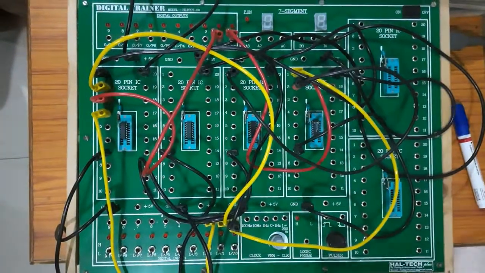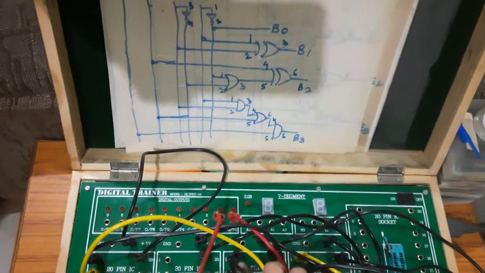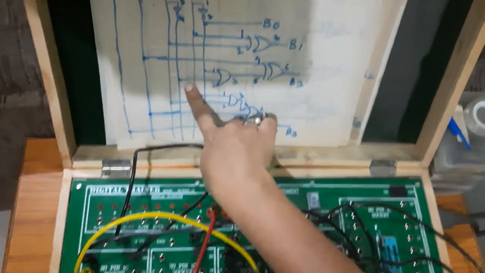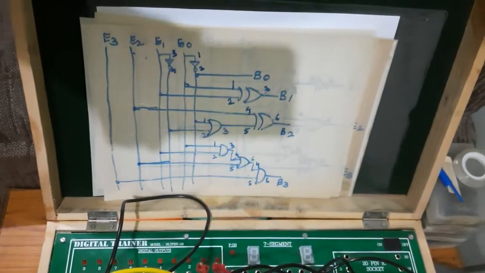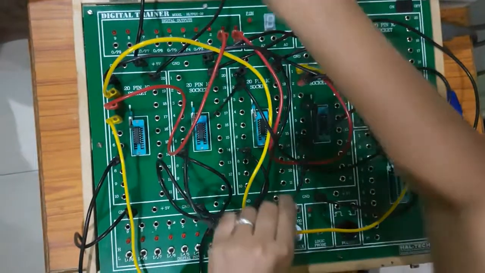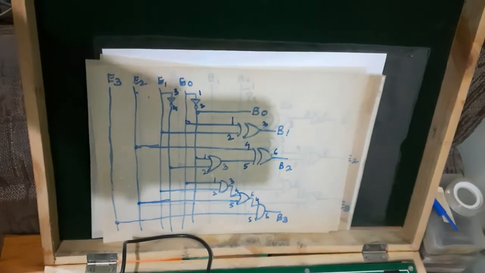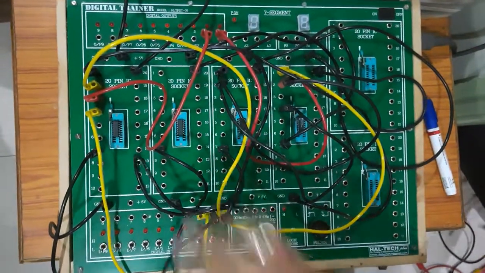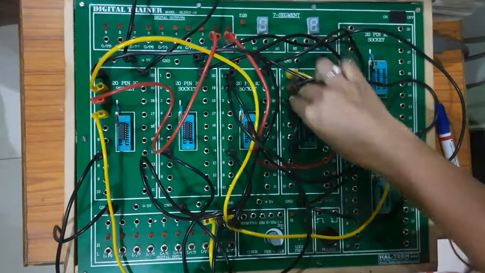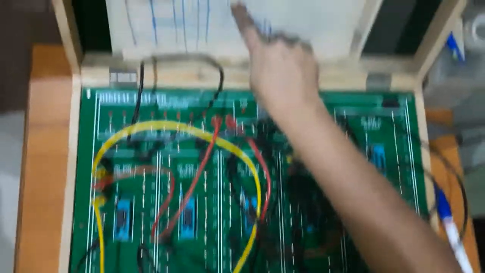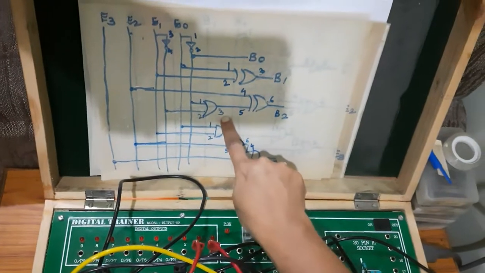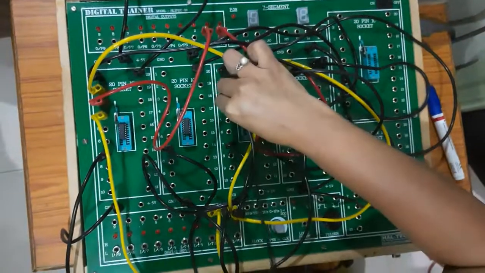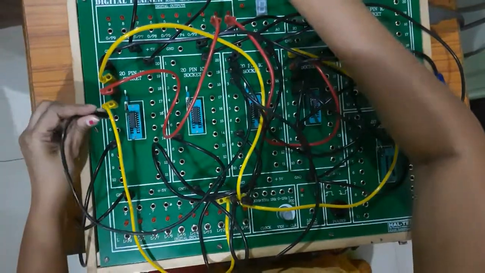Okay. Now next, the second pin of the OR gate is to be connected to the fourth pin of the NOT gate. But what is to be connected at the third pin of the NOT gate? That is E1. So I have to connect this E1 to the third pin of the NOT gate. So this part is done, and the output of this OR gate, at the third pin, is to be connected to the fifth pin of the XOR gate.